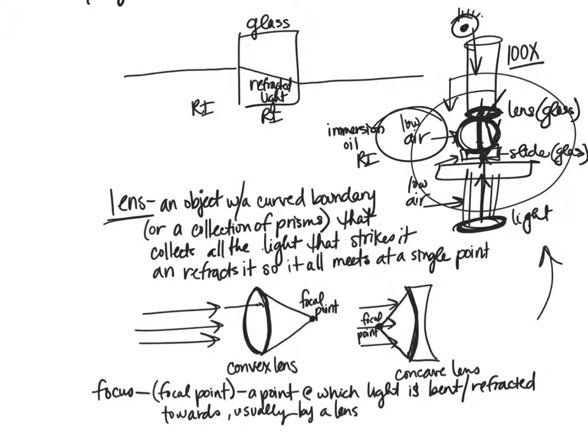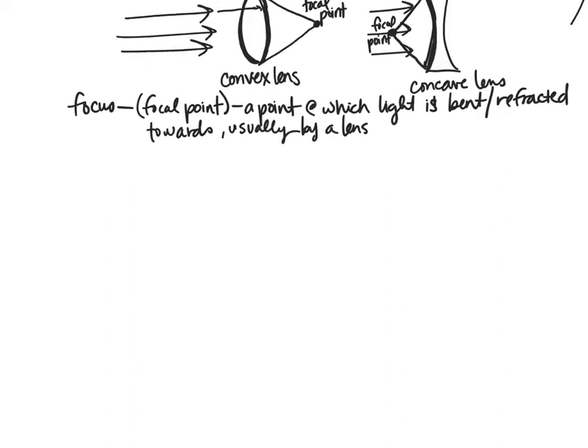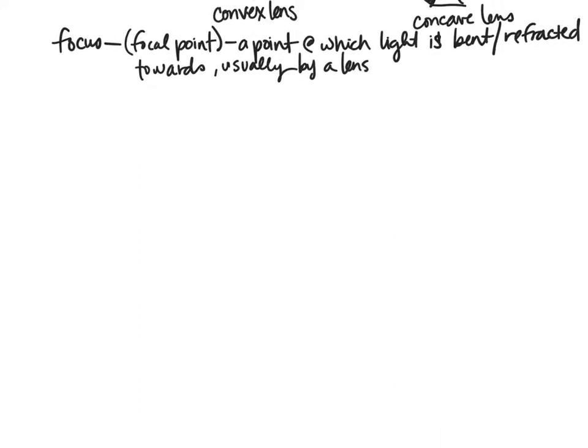Good. So our focus, and then let me say further that our focal point is specifically the point. So let's just say this is focus, is a point at which light is bent or refracted toward, is getting something into focus. And then we'll say the focal point